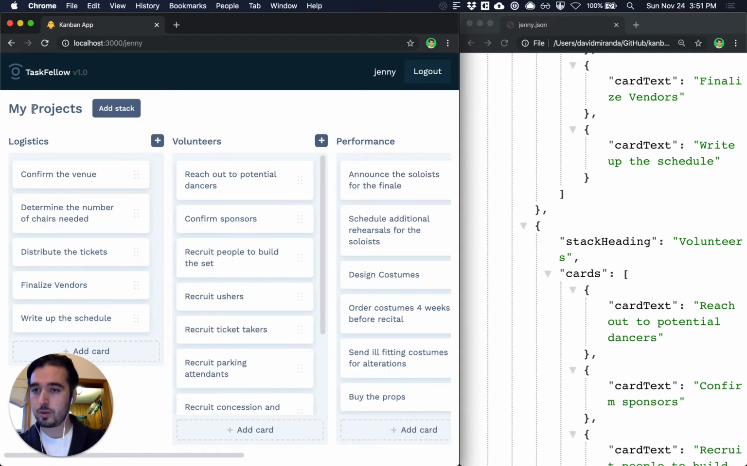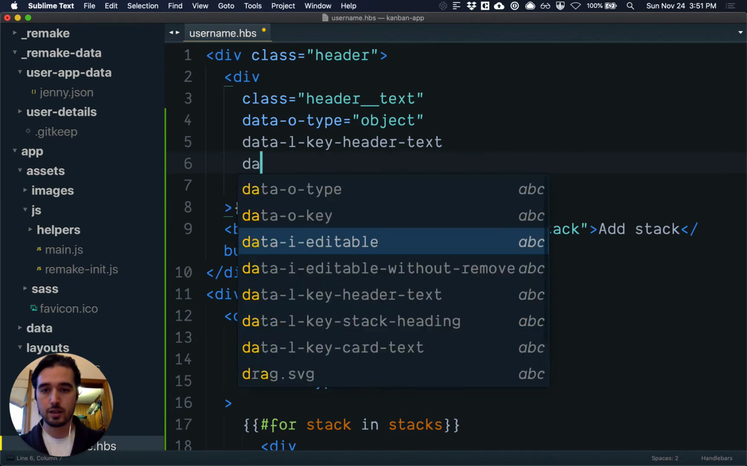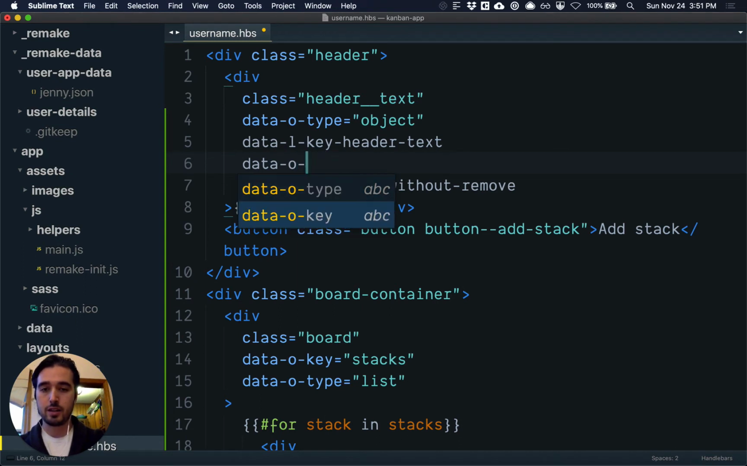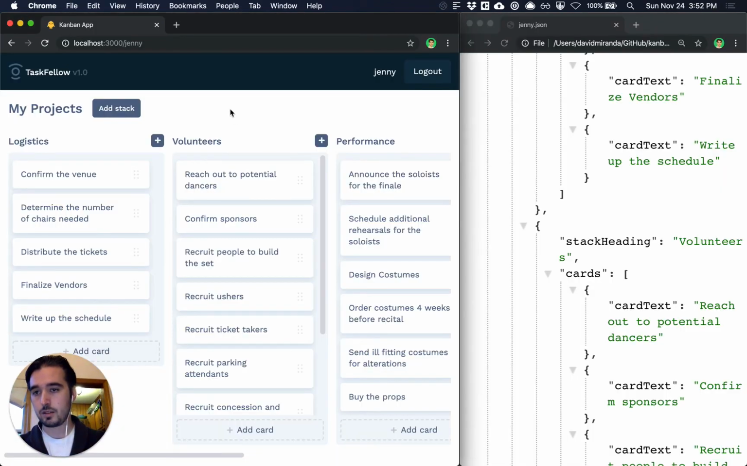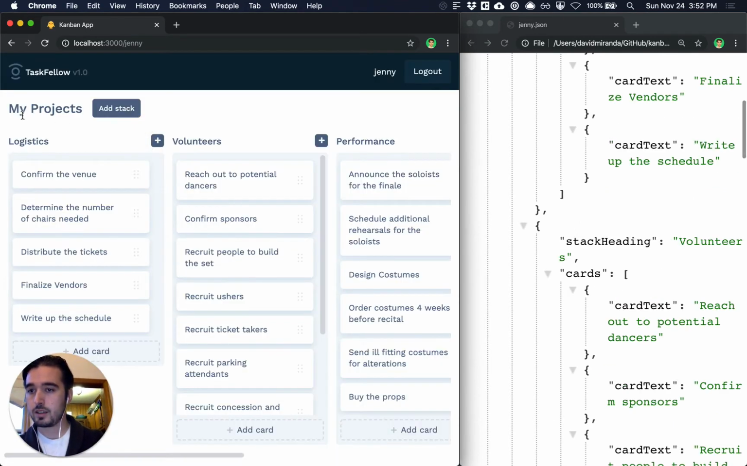So what would be better is if maybe this defaulted to something instead of being able to be set to an empty string. So let's handle that. Right below the header text, it can go anywhere on the element, but we're just going to put it right below the header text. We're going to say data-o-default, and then the name of the label, so header text, and then we're going to say my projects, and that's just going to be the default for this. So now if I delete all this text and click save, it's going to default to my projects